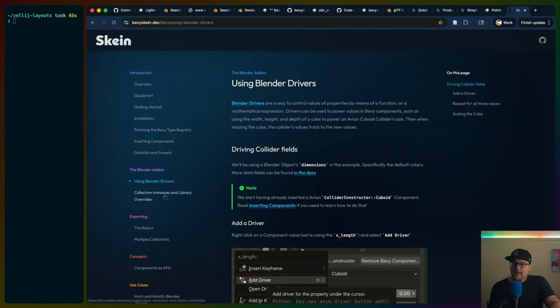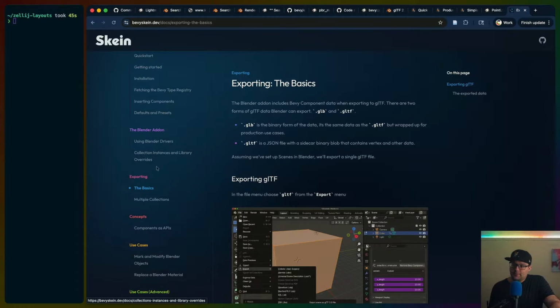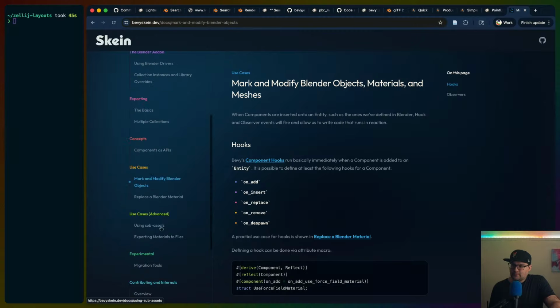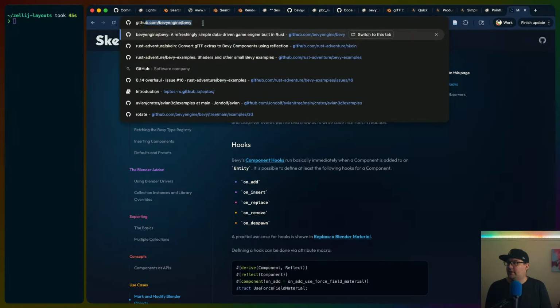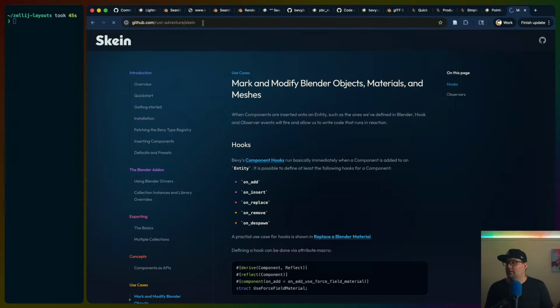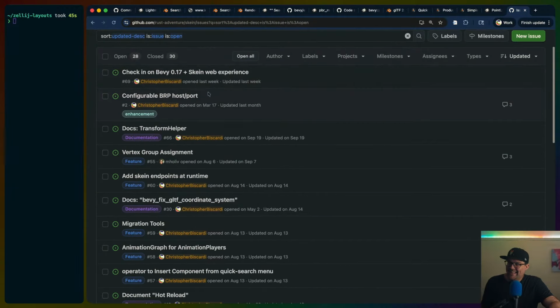Right? There's a page on how to use Blender drivers. There's a page on how to use collection instances. There's how do you export it all? Etc. So I think there's a lot of stuff in the Skein repo. I create all these issues, but